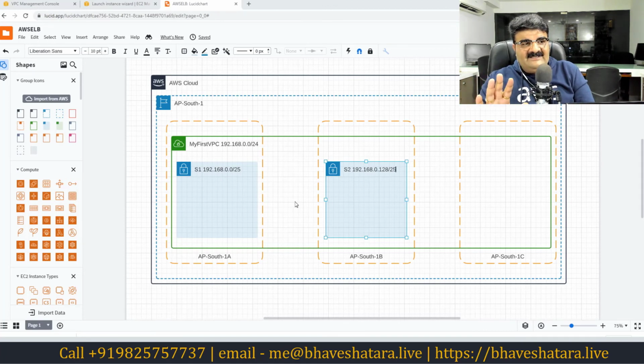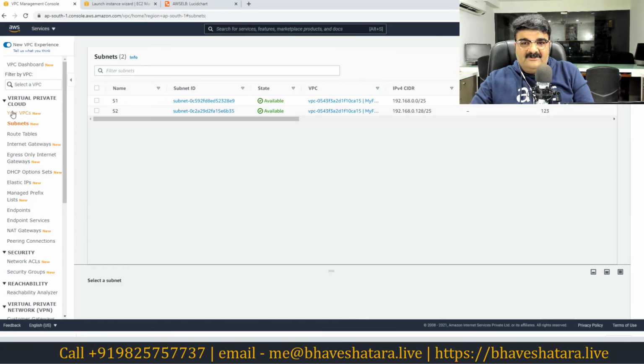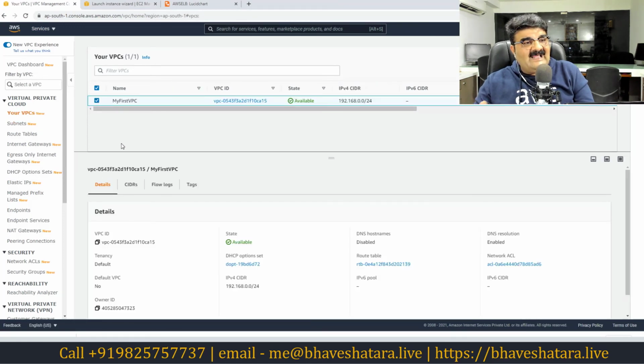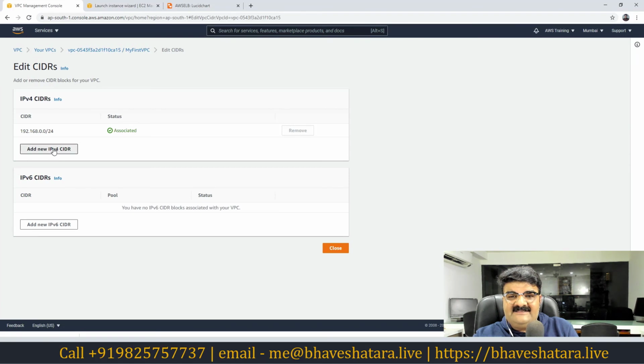If you don't have any resources, like a subnet is empty, you can delete it and create it easily, but you cannot delete your subnet if there is an EC2 instance or any resources there. So in this case, how can I use a 3rd subnet? Yeah, we have this option. For example, you go to the AWS Management Console, go to the VPC. I already explained you can add up to 5 IP address ranges. So in this case, what we can do is select your VPC, go to the extend menu, click edit CIDR, add one range.